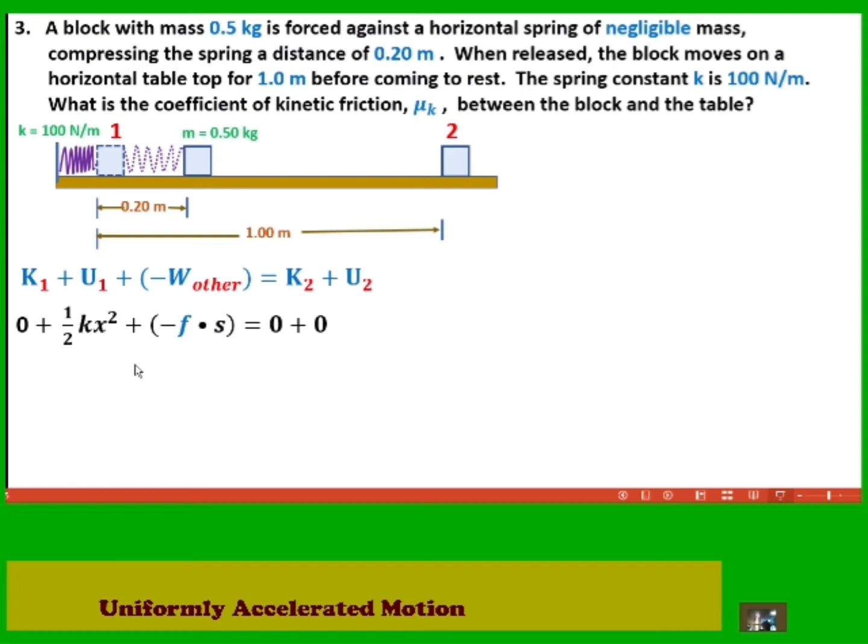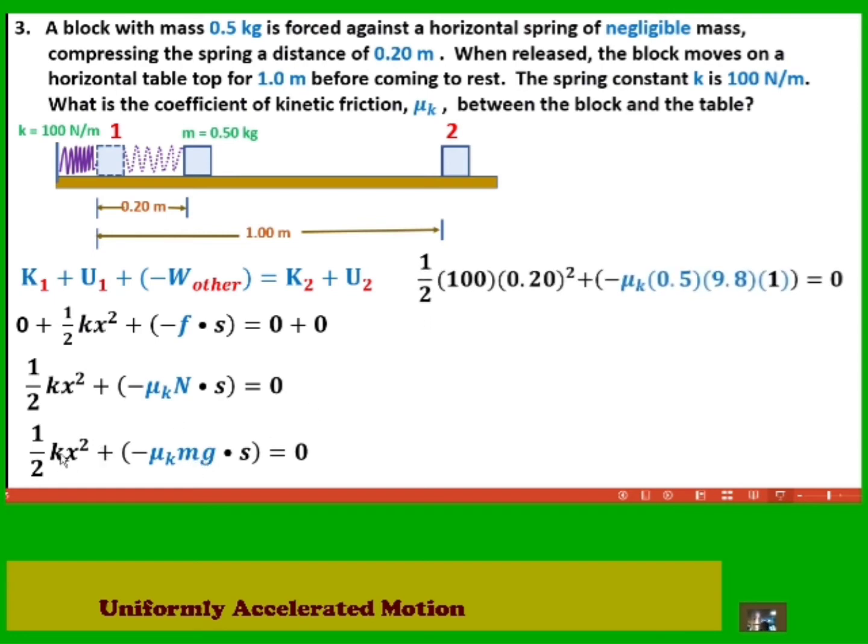So simplifying and substituting the force of kinetic friction, which is mu sub k times the normal force. The normal force is equal to its weight, which is mass times acceleration due to gravity. Substituting the value of k, which is 100, x is 0.20, mass is 0.5, g, acceleration due to gravity is 9.8,